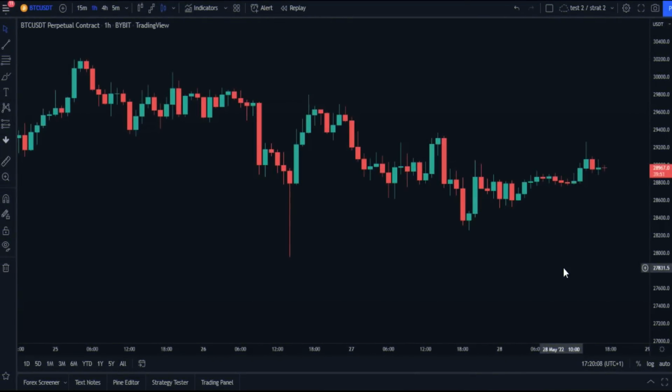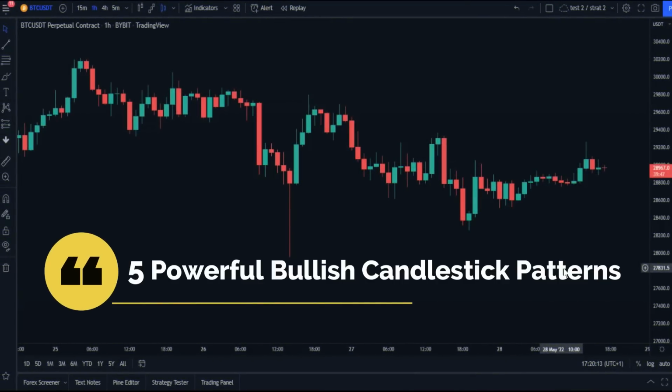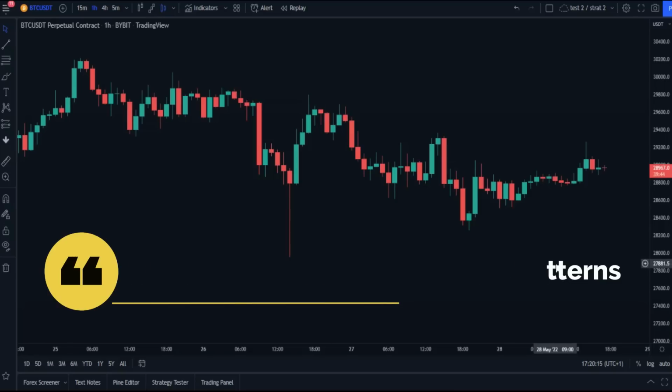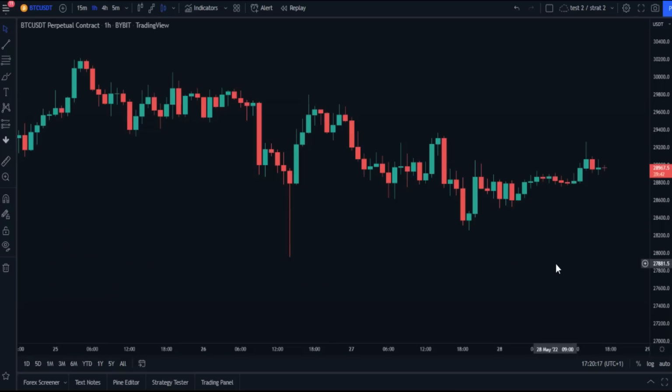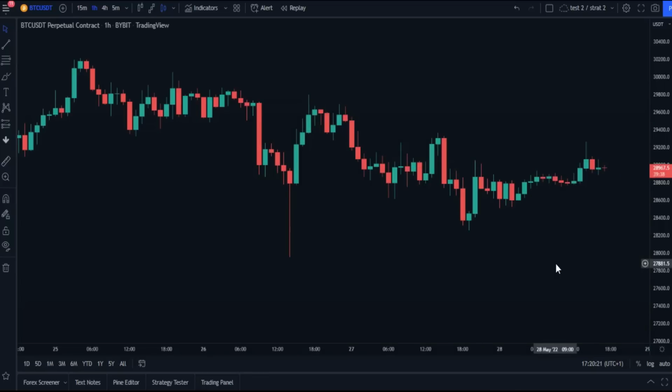Hello everyone. In today's video, we will talk about the best reversal candlestick patterns, which indicate that the continuous downtrend will end and may reverse to an uptrend. A bullish candlestick pattern can be single or multiple candlestick patterns, but before we go ahead, the following should be